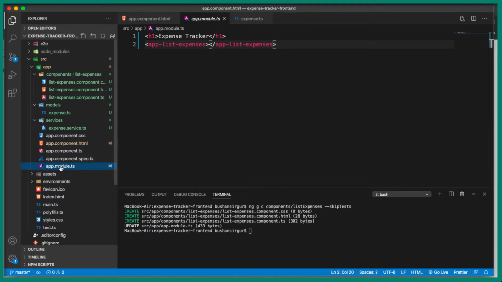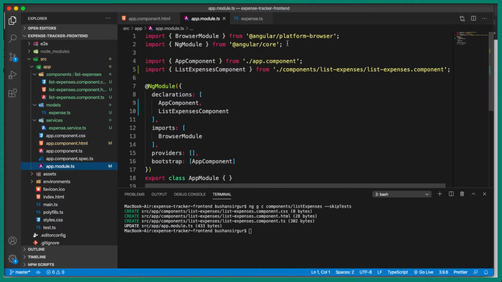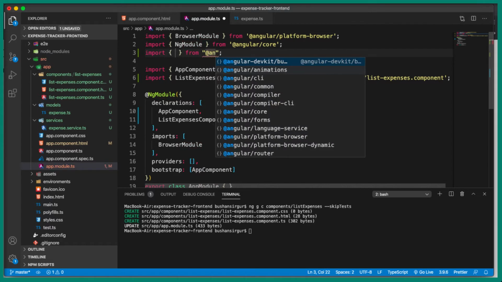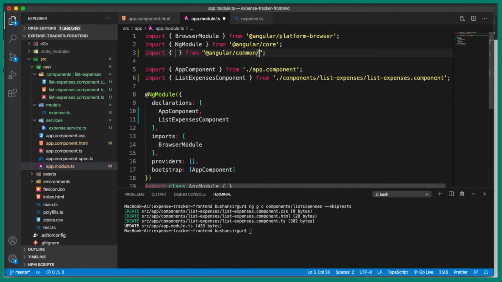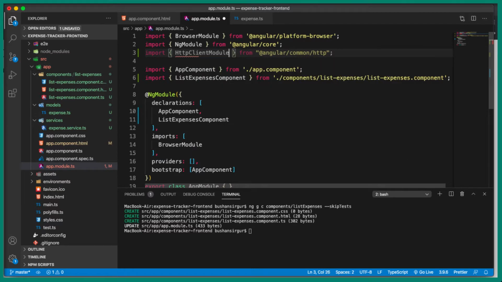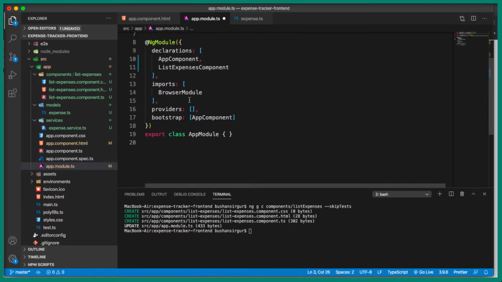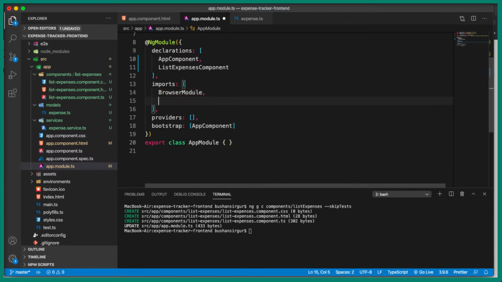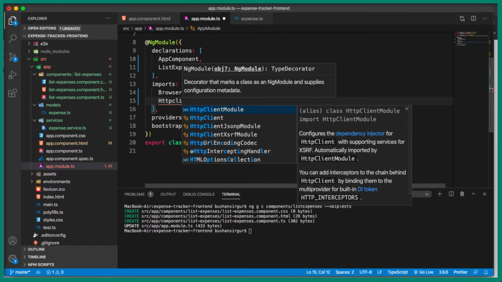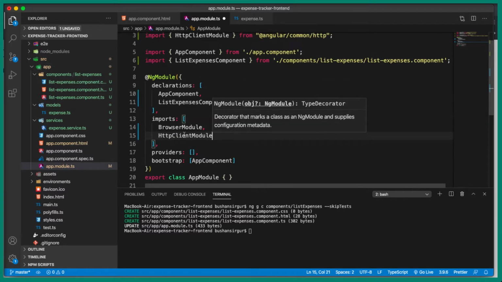So let's go to the app.module.ts file and quickly import the HTTP client module from the @angular/common/http package, and we need to add it inside the imports array. Okay, so now we have imported the HTTP client module.